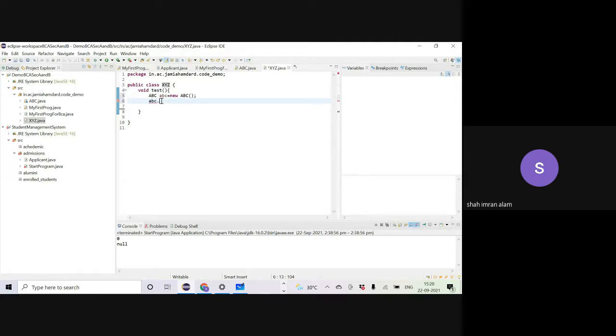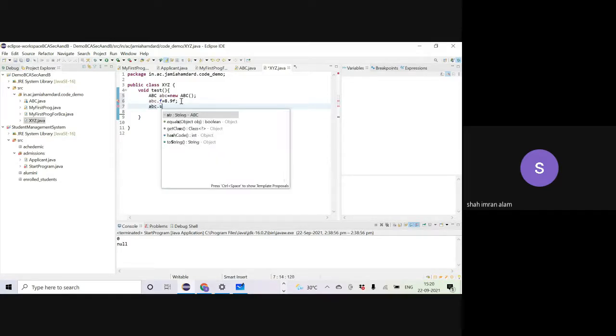Okay. So if I try to use abc.f is equal to 8.9f, I try to assign something to this floating point number, so I will get a compilation error. Okay, the field abc.f is not visible. That means in the abc class the field f is not visible because it's private. Similarly, if I want to use abc dot subtract, a private method. Yes, sir. Okay,